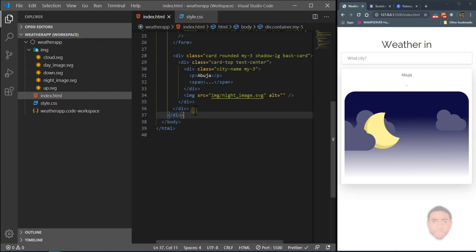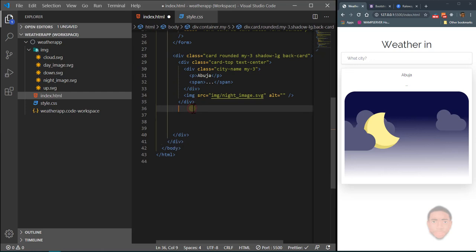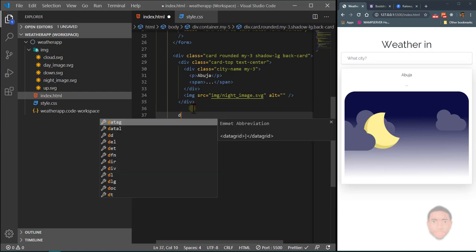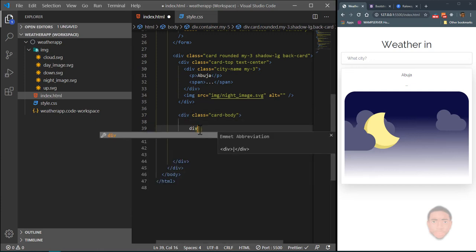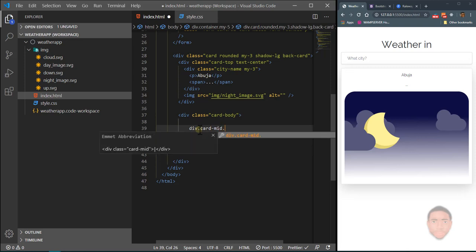And the next thing I'm going to do is create like a middle div. Let's call it card body because I'm gonna use this for my JavaScript later. In this card body, I'm gonna have a div I'll call card mid, and I want to give it a